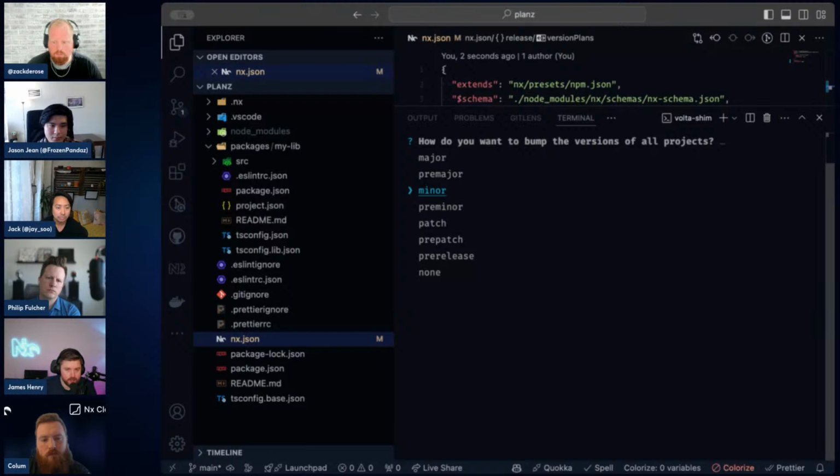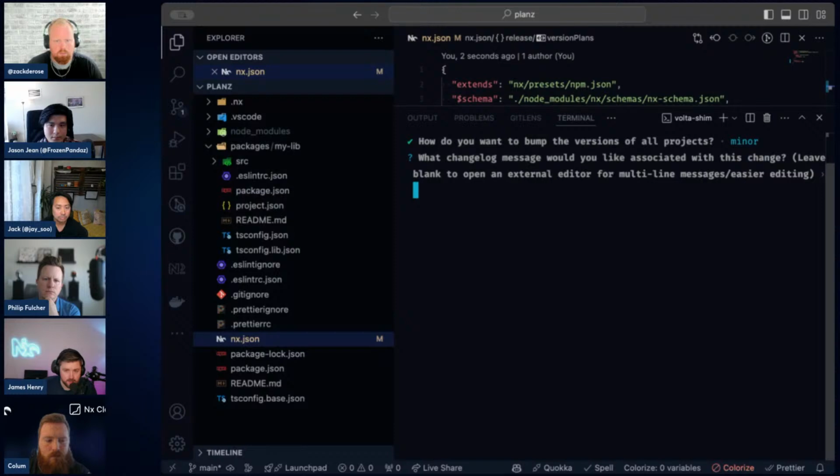So you can imagine that I'm on a branch and I'm making changes for a PR. Alongside my changes, I, as the author of the changes, know best as to what the bump should be when the version is actually generated later. Maybe it's generated by one of my colleagues, or maybe it's generated by a CI process, but I'm the author of the change, so I know best. So I can create a file alongside my changes. For example, let's do the minor bump now.